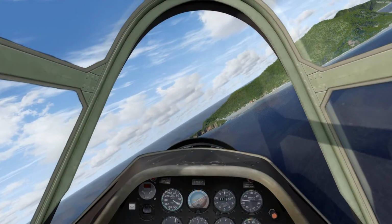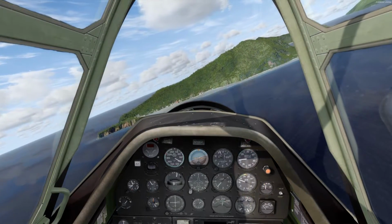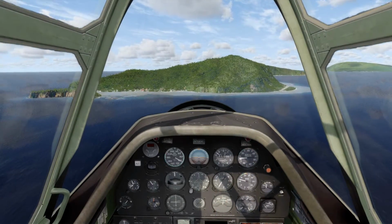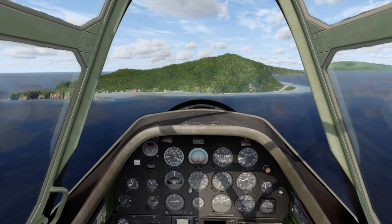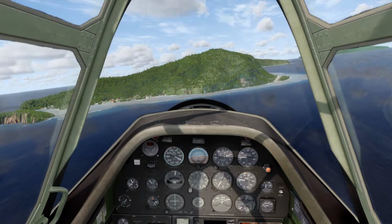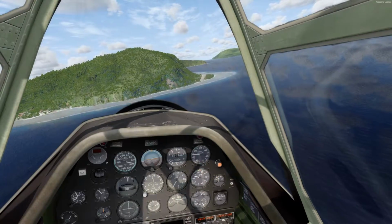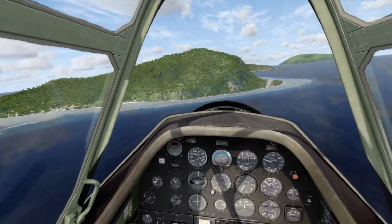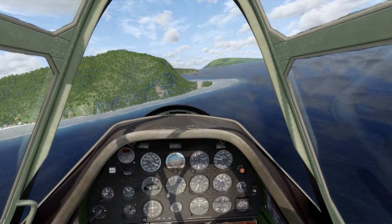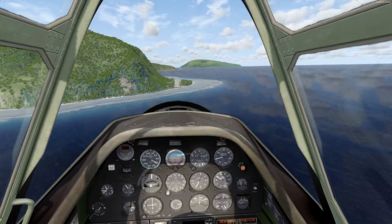When flying this airplane, something you'll want to be aware of is that it is quite possible to ground loop with this airplane. So when you land, just be ready on the rudders, and obviously do not slam on the brakes in a tailwheel airplane. Another thing to be aware of is that when you slam the power forward, the engine does have a tendency to cut out, and that